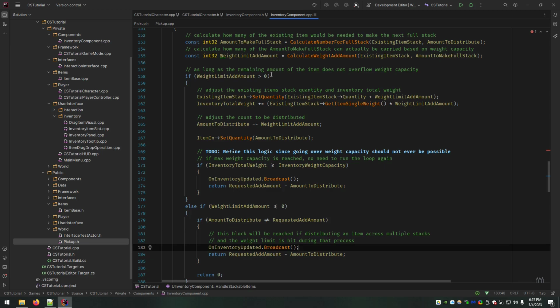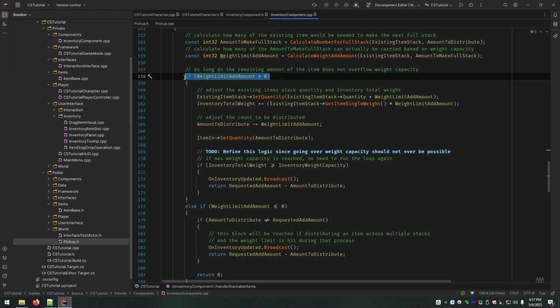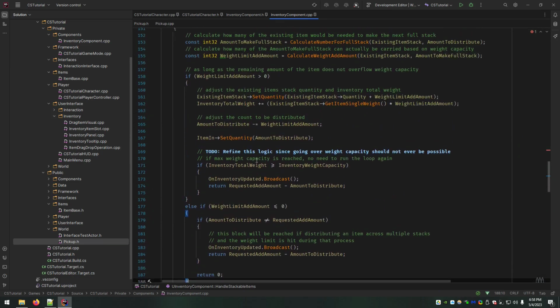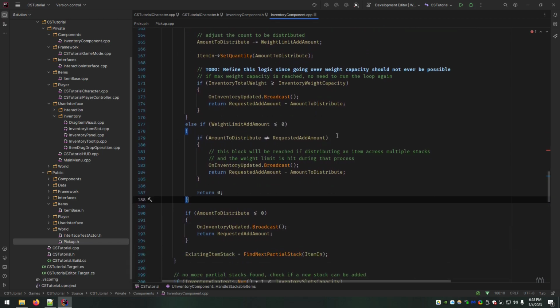Because basically you find an existing item, you find another stack, then we're still in the while loop, but this is 0. So we reached here, and it's basically saying, okay, we're still in the loop, so there is still an existing item stack, but we can't put it all in the inventory. So basically the weight limit is hit during the process of the loop.